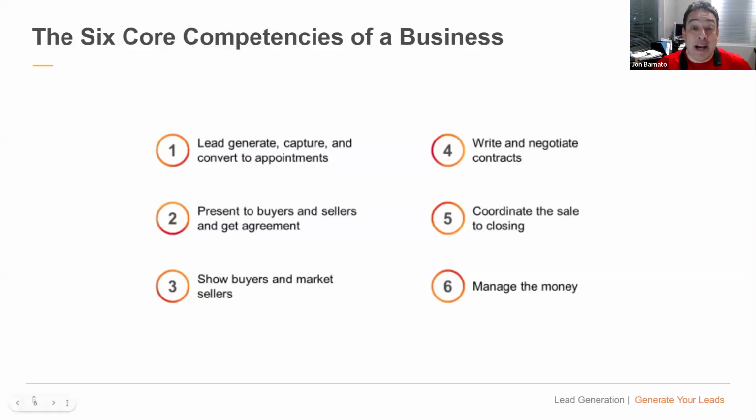If you're asking what is my job description as a real estate agent, this is your job description. And if I had a marker, I would put a big circle around number one, because as a new agent, it's going to end up being like 80% of your time. As you get better, as you get bigger, it's probably going to end up being like 50% of your time. Even mega agents spend about 50% of their time on it. When you get to a team, you can go a little bit lower, but you have to get leverage to make that smaller. But when I talk about the core competencies of your job, you're going to have to be good at that.